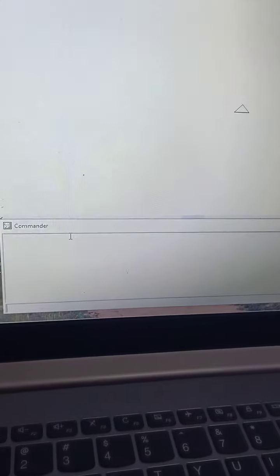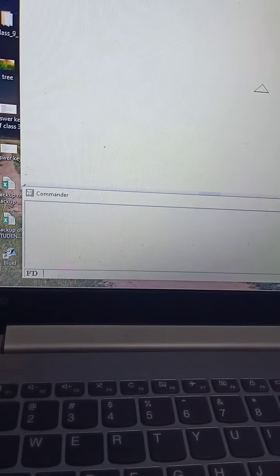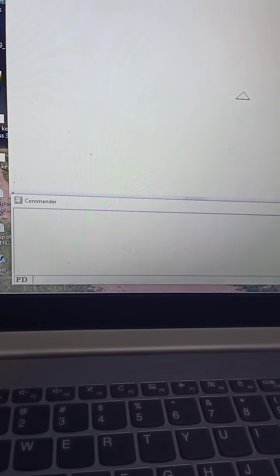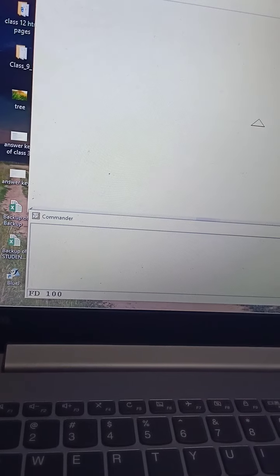So now first of all we have to draw this figure. Clear? So over here, if I'm going to give you the FD command, just see FD. Then we have to write over here 100, means forward 100 steps.